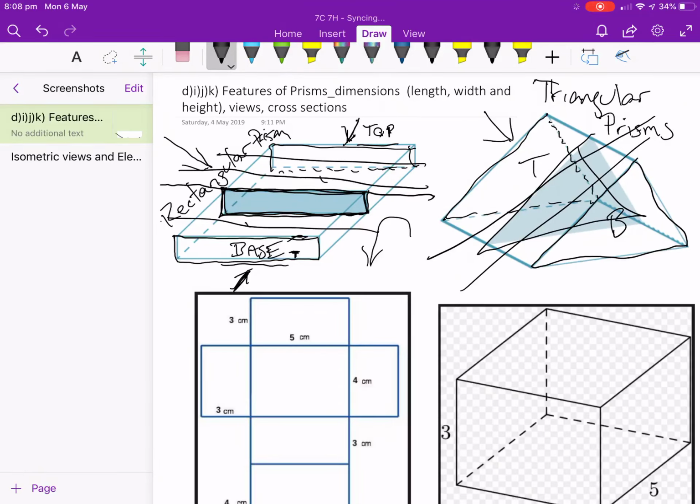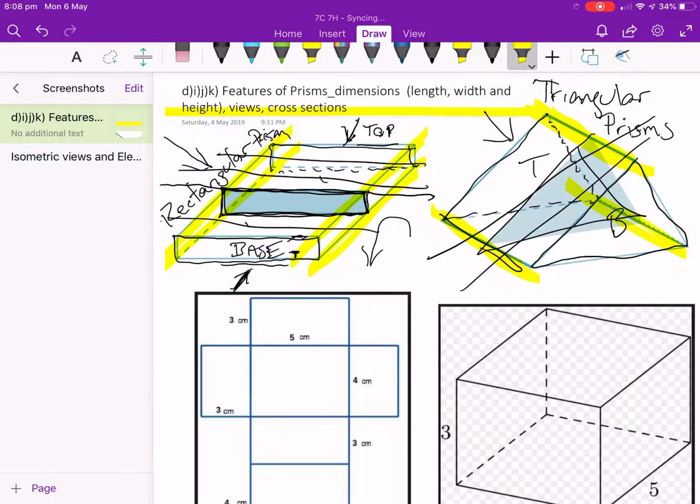Also, when I stand the shape on the end, the sides, I'll do it in a different colour. The sides, if I was to stand this on its base, on both of these must have parallel rectangles. There's another way we can identify it's a prism. So obviously on the other side there will be another parallel rectangle, and another one on that side there. So if I was standing these prisms on their ends, that's how we identify it. Also, they have parallel rectangles, then it's a